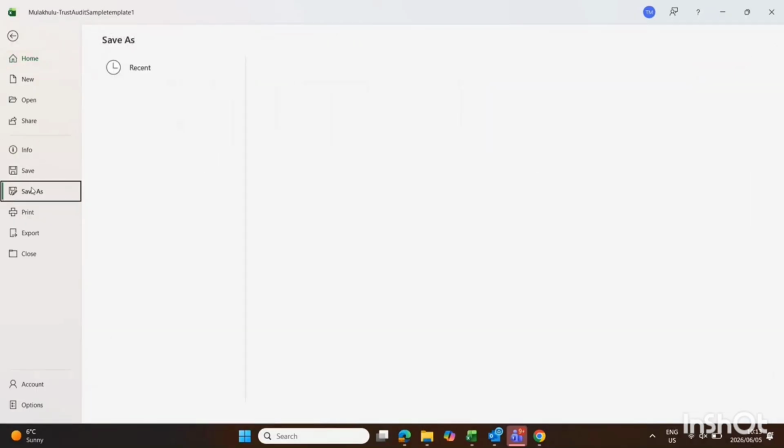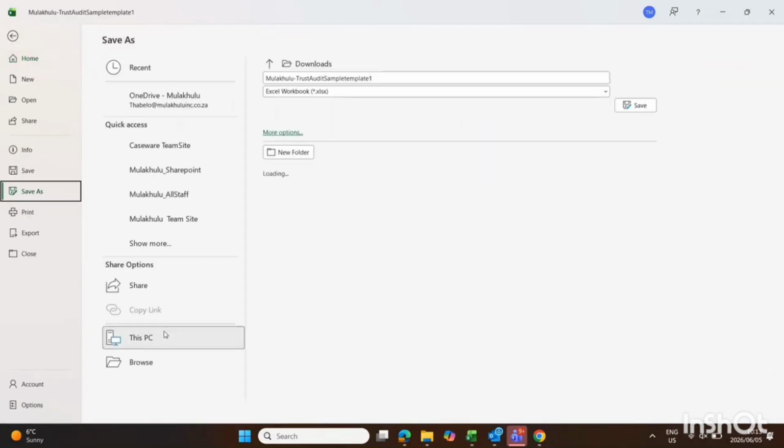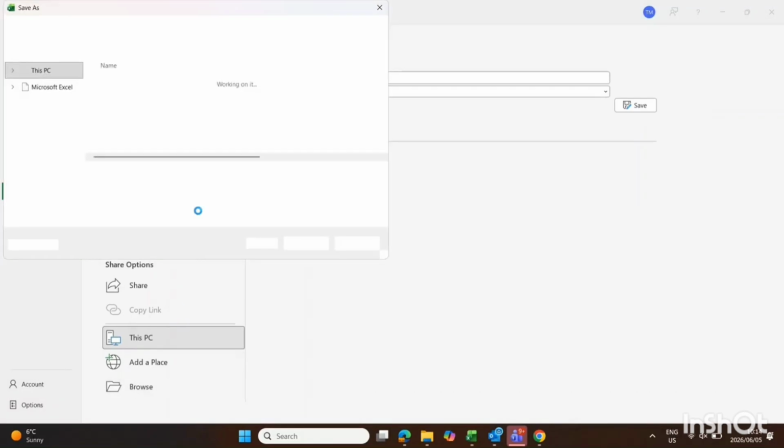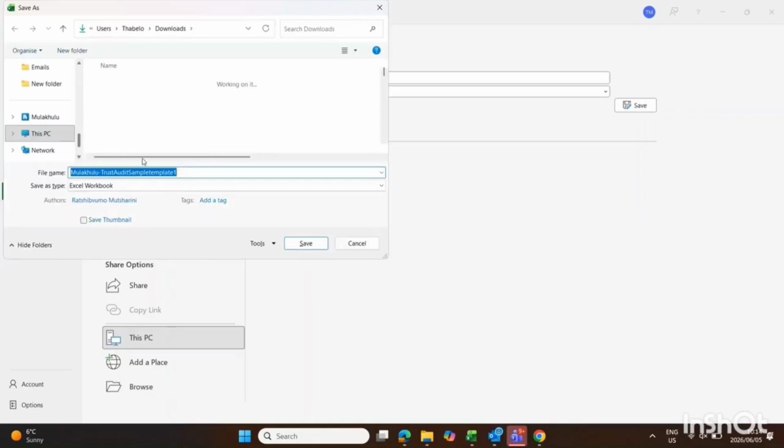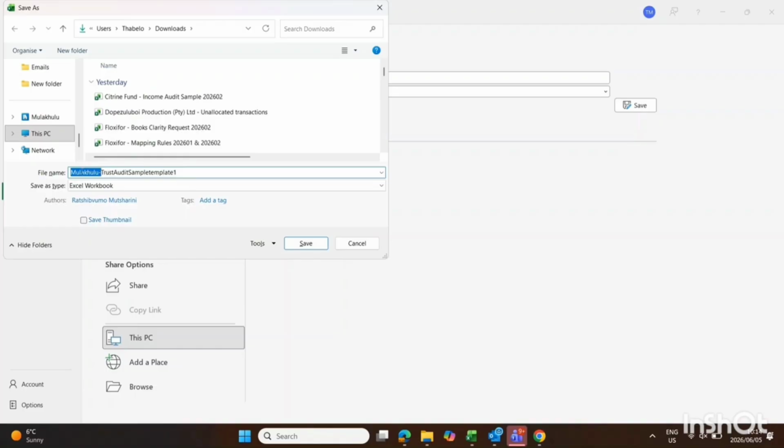We are going to save this as Maseresere audit sample, which is in Excel, before we print to PDF. We'll save here. We are going to update there where it says Molakudu. We're going to put Maseresere